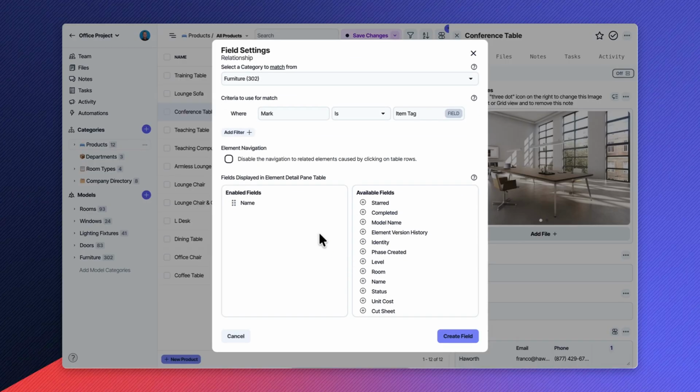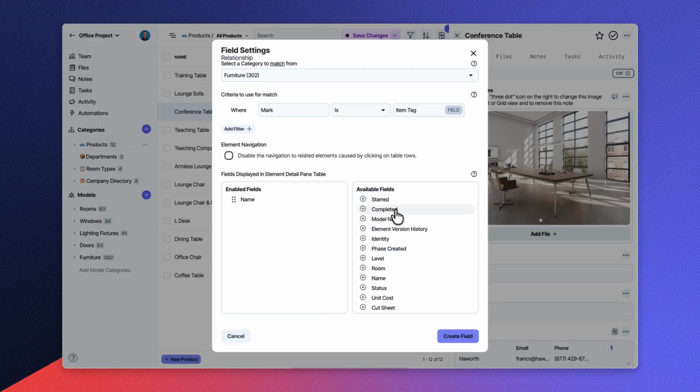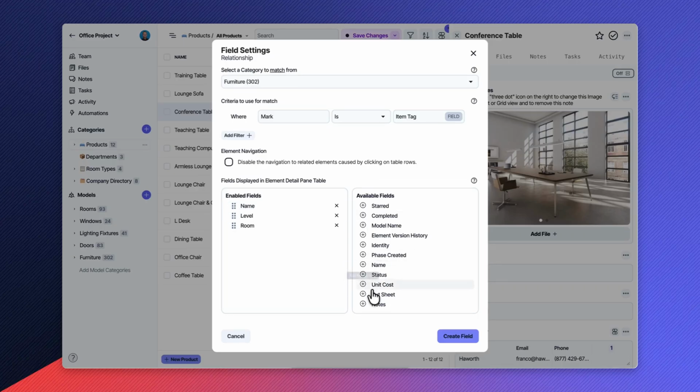And then as I scroll down, this is where I can add additional details as well. So maybe I want to show the name of the Revit instance, but let's say I also want to show, I don't know, the level it's on and the room it's in. We can show those values as well. So when I create this field,